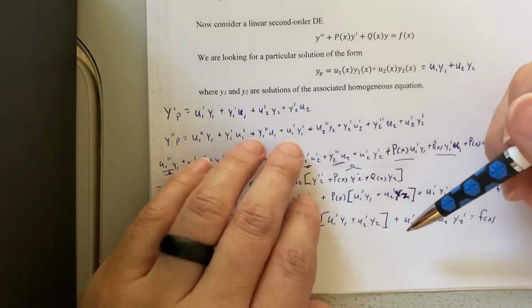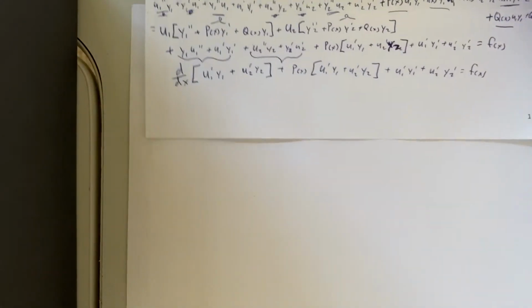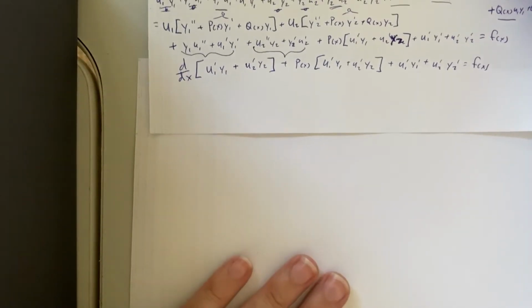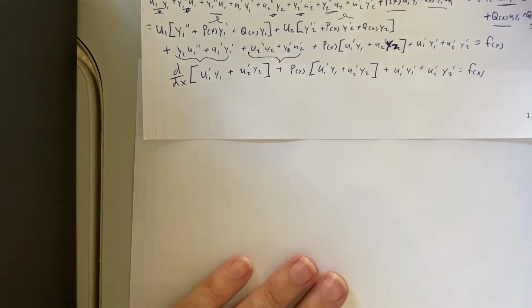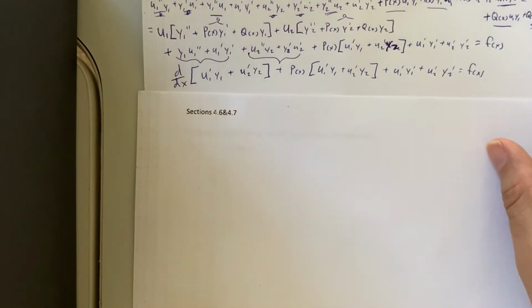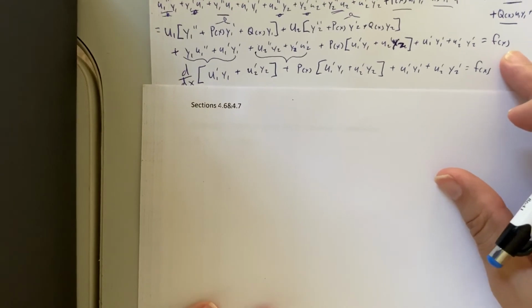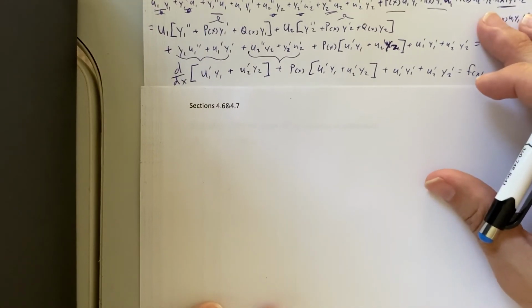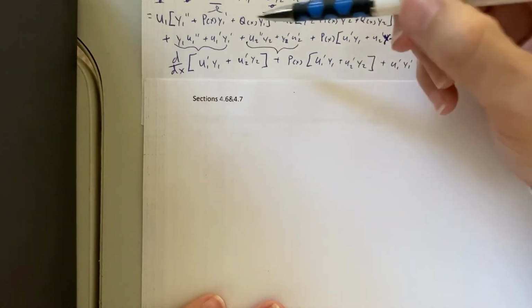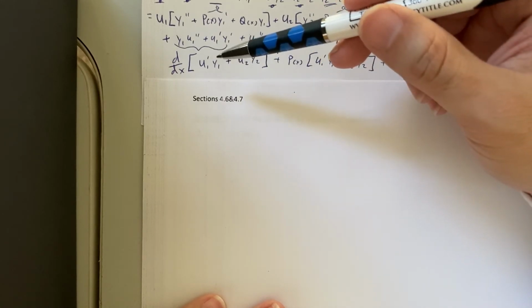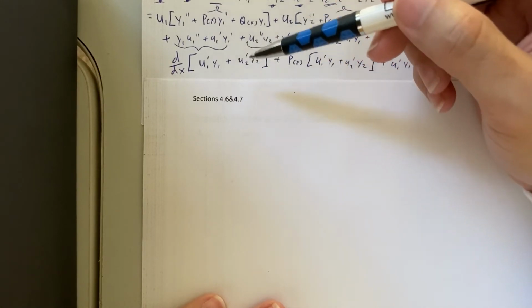So what I'm going to do, and I'm going to go to the next page to do that, is I'm going to take my parts right here, and I need to figure out a way to make two sets of equations. Well, one thing we know out of here is if I make u sub 1 prime y sub 1 plus u sub 2 prime y sub 2